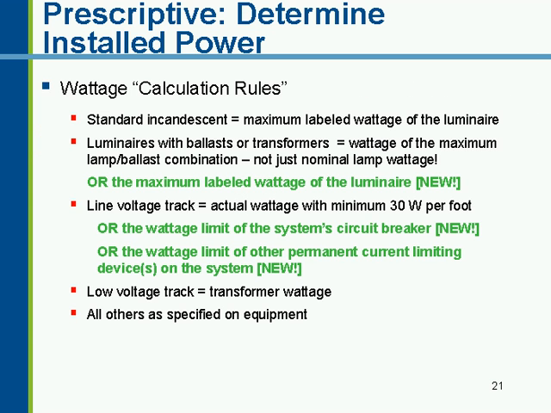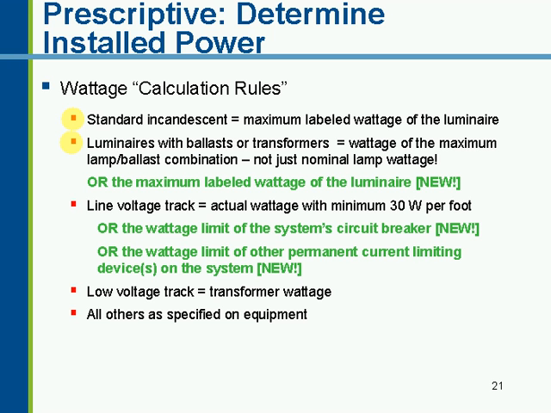So the calculation, there are some rules to this calculation, and I'll go through those here. For a standard incandescent type source, for example, a recessed can light, the rule is you must use the maximum labeled wattage of the luminaire. As you know, the luminaire will come with a label that says the maximum rated lamp is X watts. That's the value you must use. As some of you will know, there are manufacturers who will provide the appropriate label for your use. If you're buying a standard fixture and you never intend to put in higher than, say, a 60-watt lamp, you need to have a lamp provided with that sticker so that that's the value you can use for compliance.